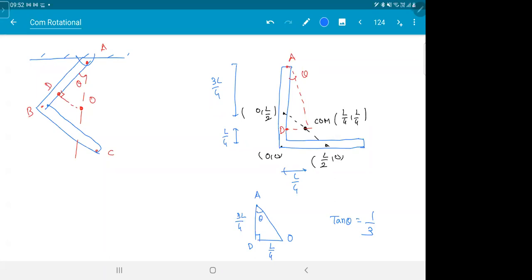Figure out what I just did now. I just rotated it a little. We changed our orientation so that it becomes easy to see. So the center of mass should lie somewhere here. If I take B as origin and BC as x-axis and AB as y-axis, this is what I did, x and y-axis. The center of mass should be on this line. Check out the diagram.